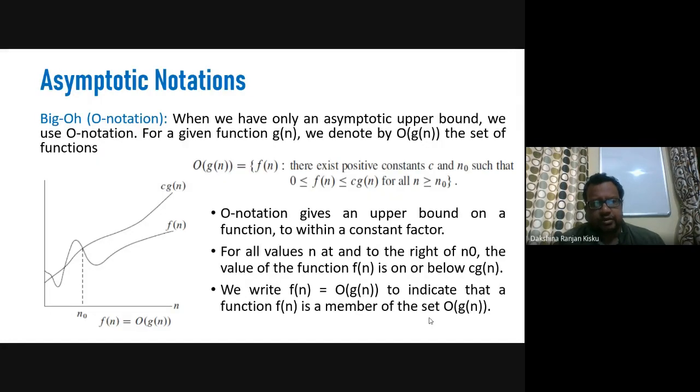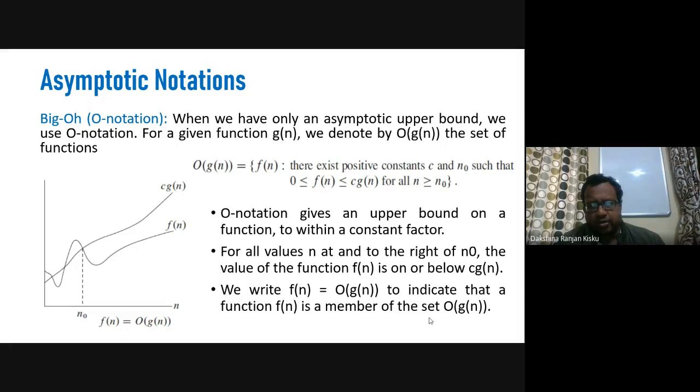The first asymptotic notation that we are going to talk about is big O notation. When we have only an asymptotic upper bound, we can use the big O notation. So for a given function g(n),